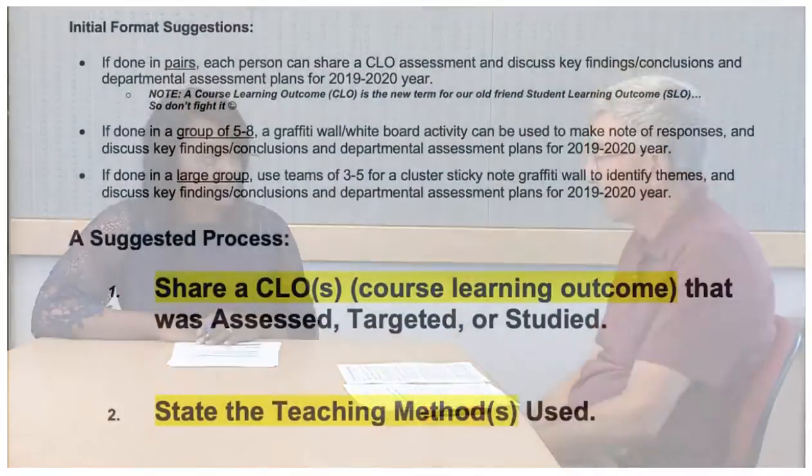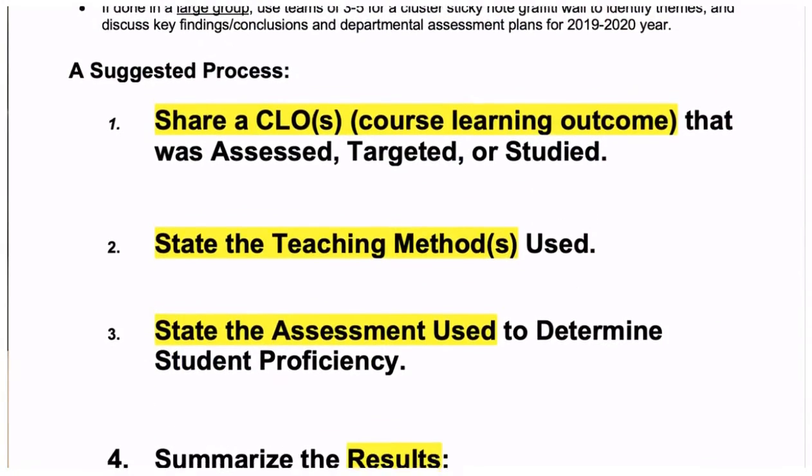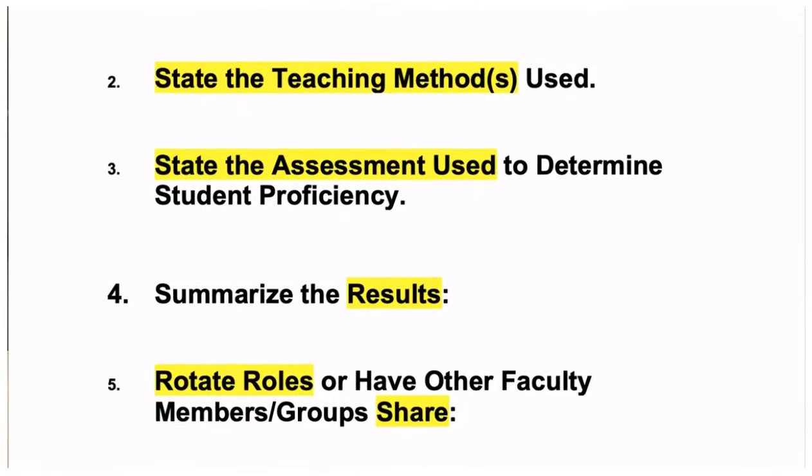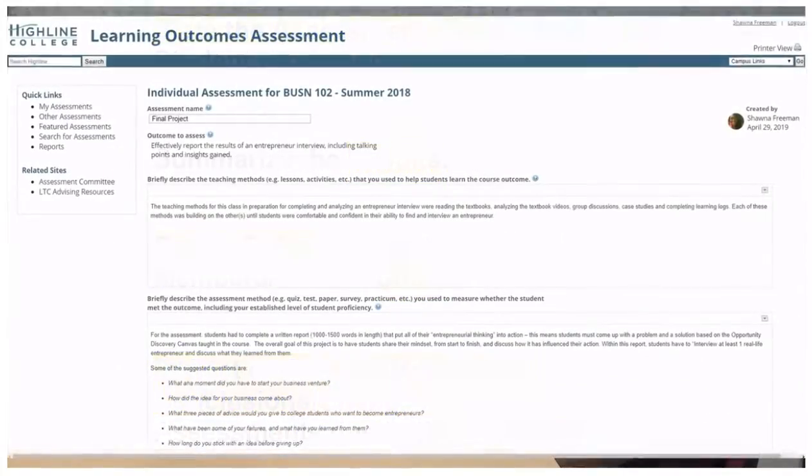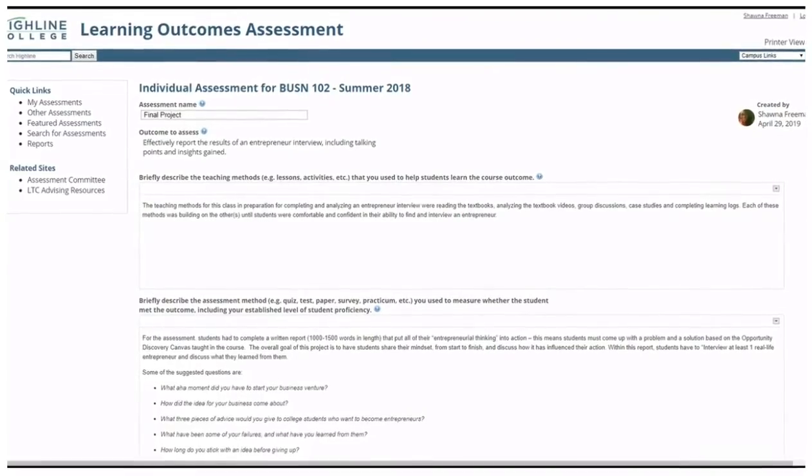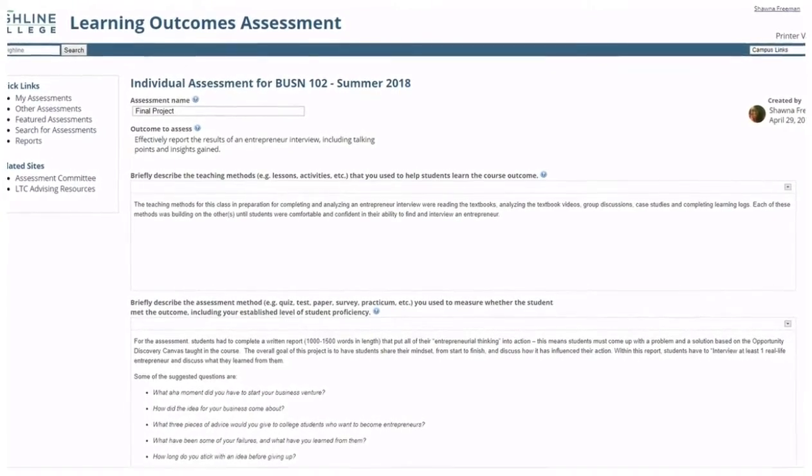I think it's time to talk a little assessment. It is. And I think one thing that's going to be important going forward for us to stress or clarify with our business department members is that the department discussion practice guide, the 6 points on that guide, really match up well with the form that's out on the assessment website that you guys in the assessment committee have put together. So there's a nice link there. The goal of this is just to take what we're already doing and share out to each other and come up with a plan moving forward.